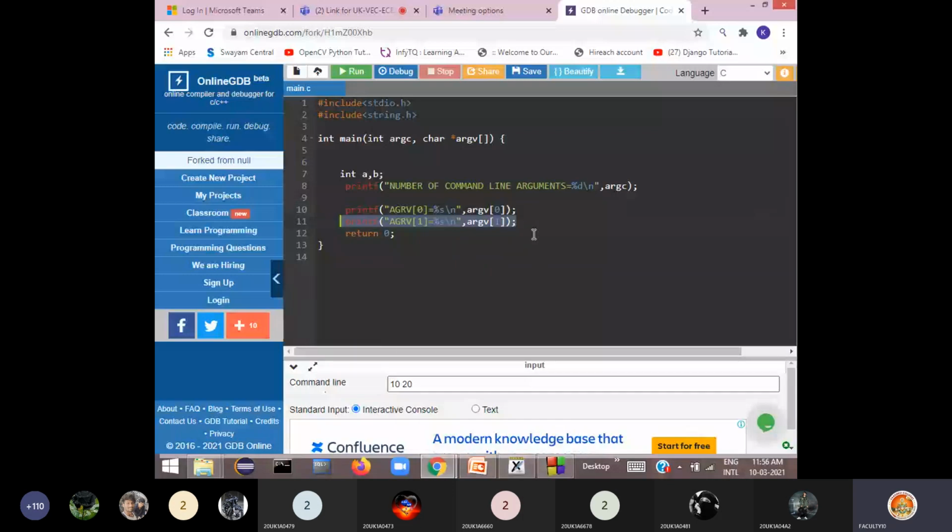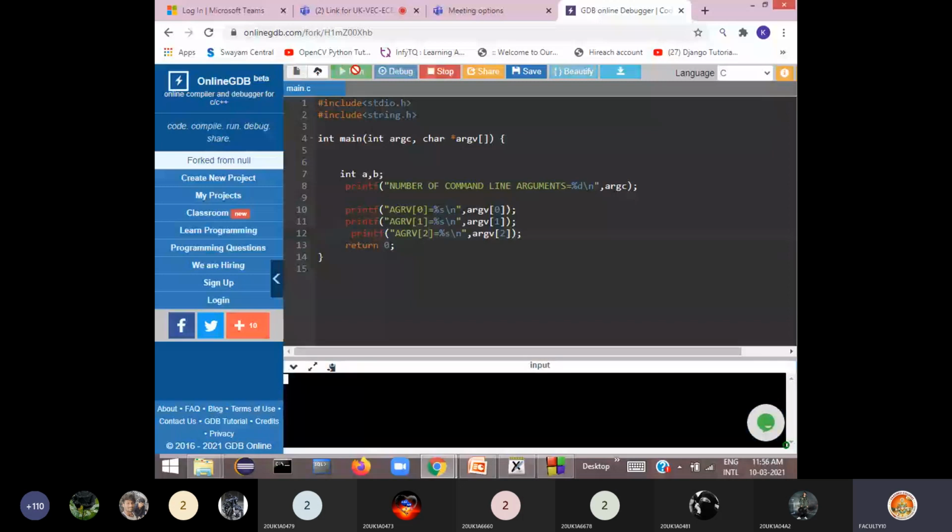This is argv of 2. Okay, so now if we run this program, you can see argv of 0 is ./a.out, argv of 1 is 10, argv of 2 is 20.